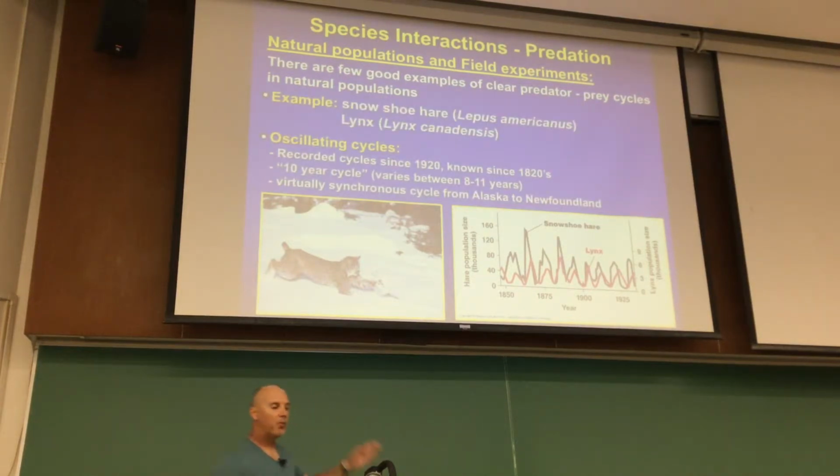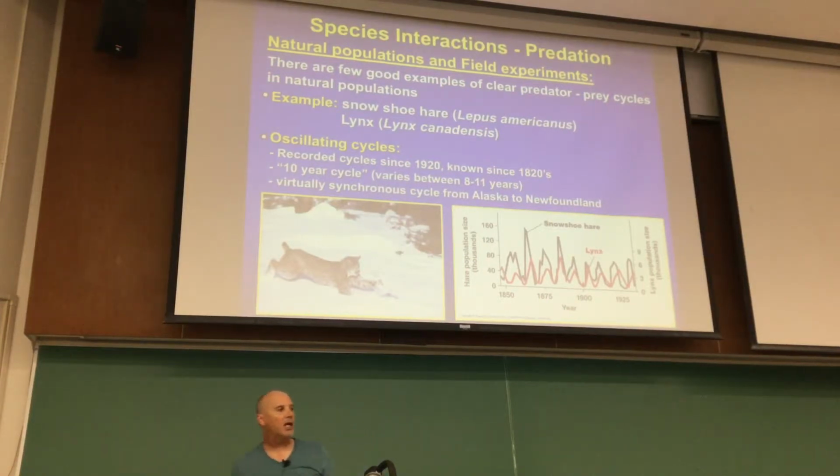So this is an example with the snowshoe hare and the lynx. There's the snowshoe hare trying to escape, he's kind of blending in the background, and the lynx is about to cuff out and grab it. Lynx are basically wild cats, they're very smart. They're thoroughly aggressive and they're real voracious predators. And so